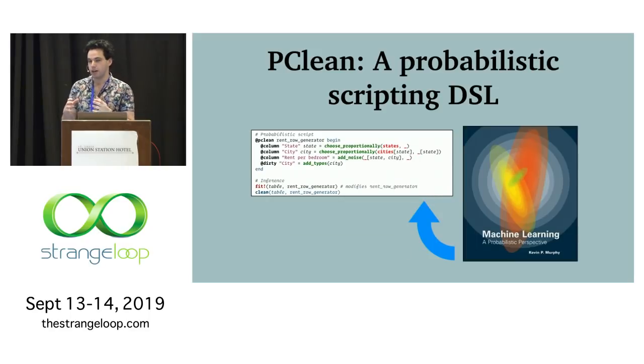Pclean is based on probability theory, which is the lingua franca of a lot of research in data science. So I want to show you one cool benefit that we get kind of for free by using probability theory here, which is that we can benefit from some of the latest advances in AI to create more expressive models.